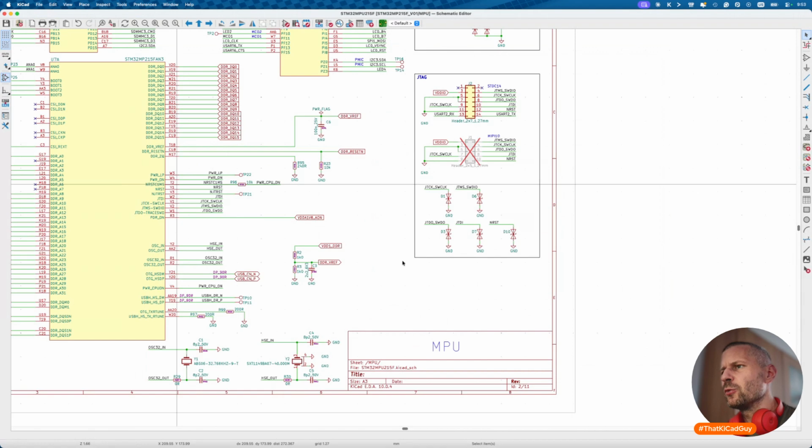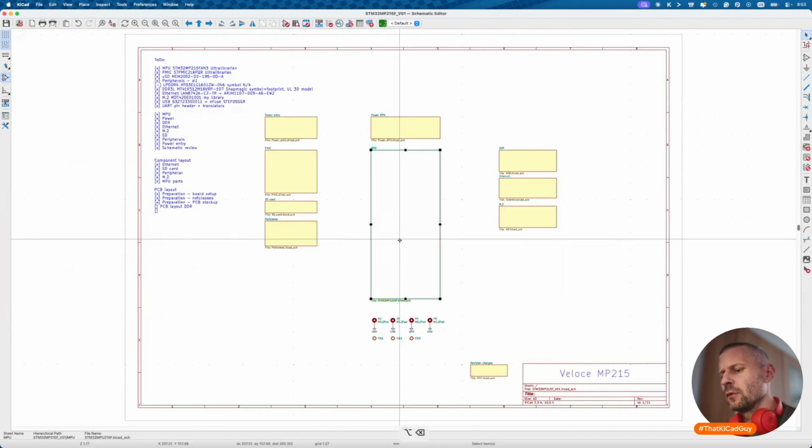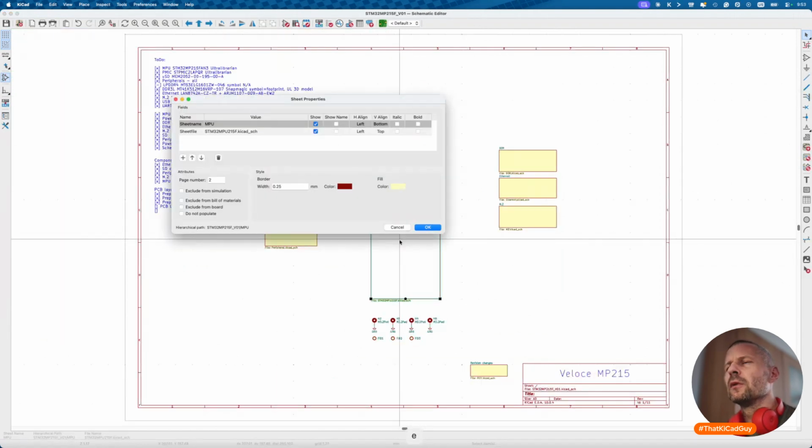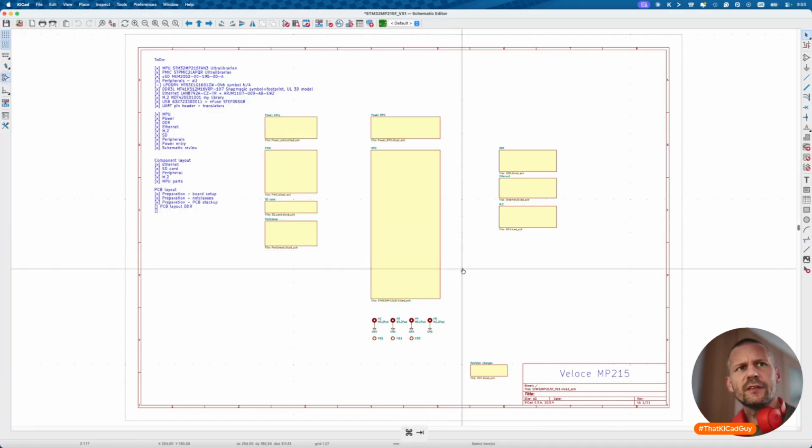Sheet MPU. Well, hey, what's wrong? This sheet